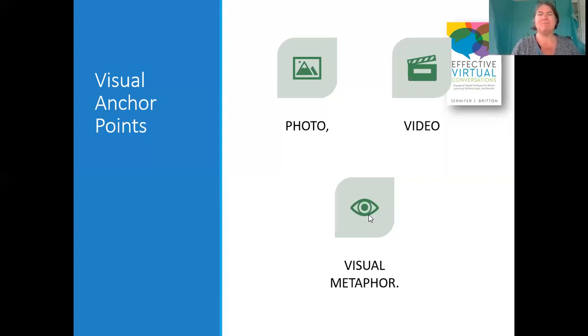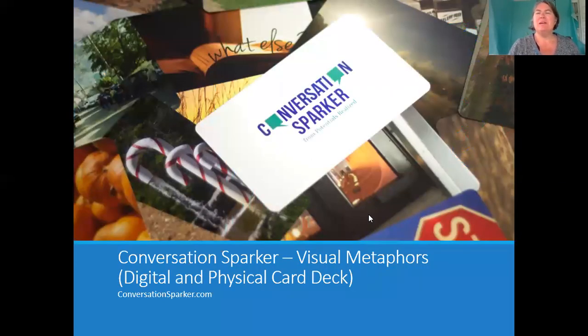Something we can see. So visual metaphors can take multiple shapes, and I think one of the ones that I've enjoyed using or having over the years is, of course, the Conversation Sparker deck. This is a photo deck I created. It includes multiple cards, everything from 22 question cards like what else, what's another way of exploring it, my strengths are, to photographs.